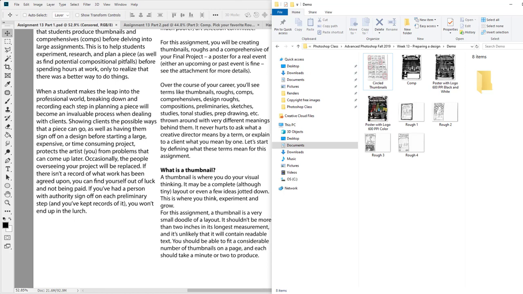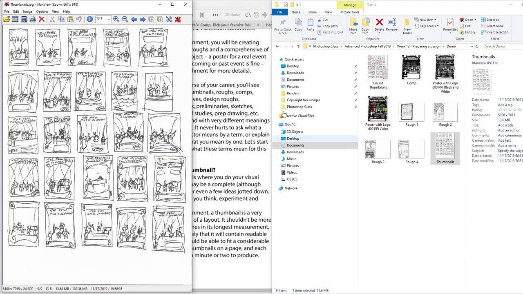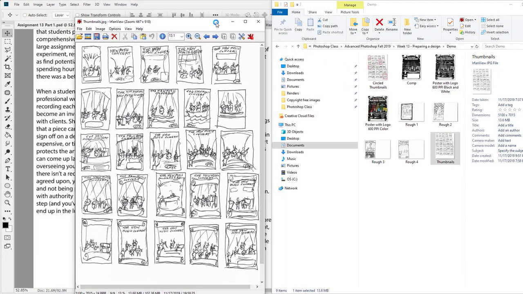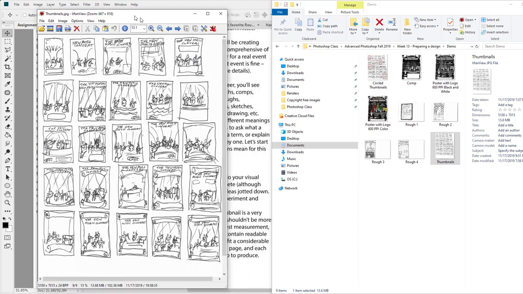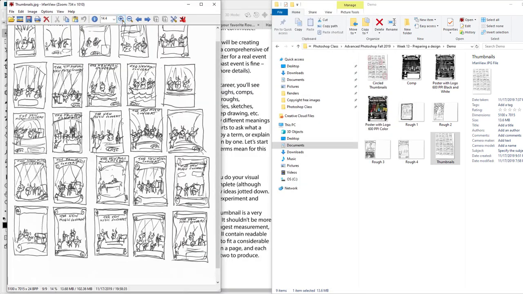And here we go. Okay, here's a page of thumbnails. So this was for one of the MJC new music concerts. I was doing the poster for it. That was a lot of fun. Let's take a look at this. So these thumbnails,